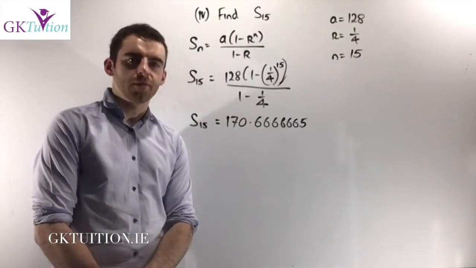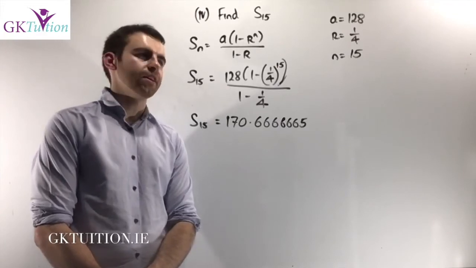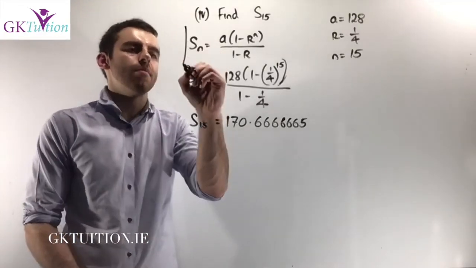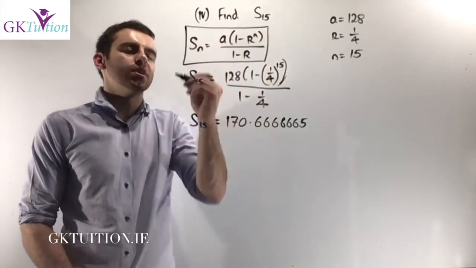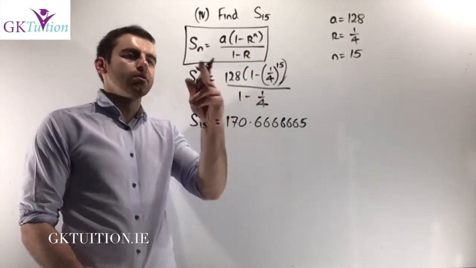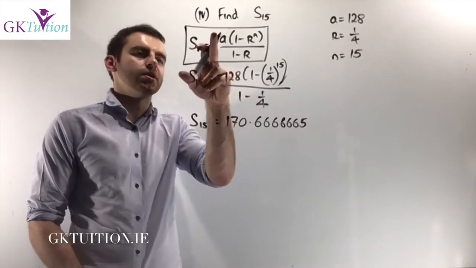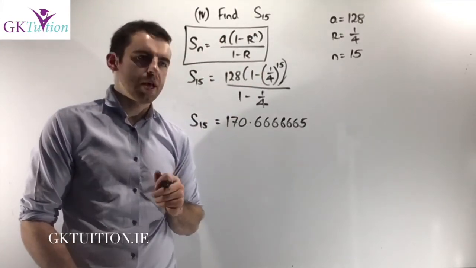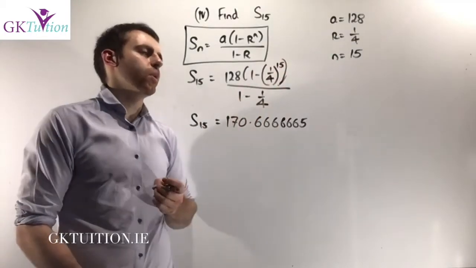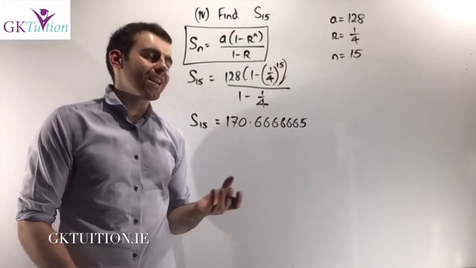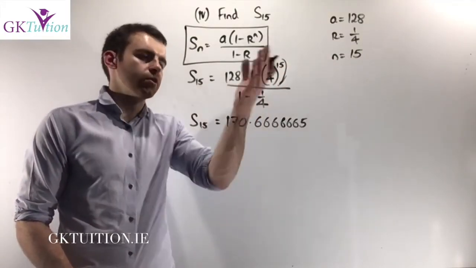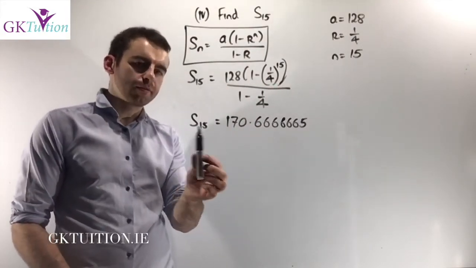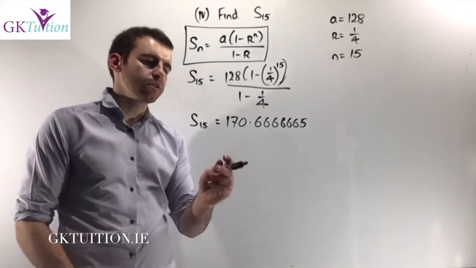Okay, for part 4, I asked you to get S15. To get S15, I just use my formula from my maths tables. I know that I'm dealing with a geometric series, so I know that Sn of a geometric series is a times 1 minus r to the power of n over 1 minus r. I already know a is 128, r is a quarter, and n is 15. So if I just sub them all in, I can plug it straight into my calculator, and the sum of the first 15 terms in this geometric series is